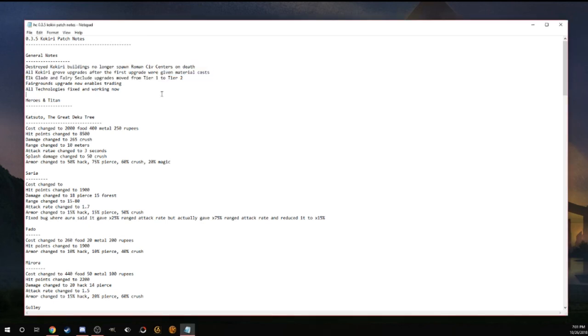This is kind of an aesthetic thing, I guess. All Kokiri Grove upgrades after the first upgrade were given a material cost. This is a huge economic nerf to the Kokiri. What this means is when you build a grove, the first upgrade you get out of the grove is free,